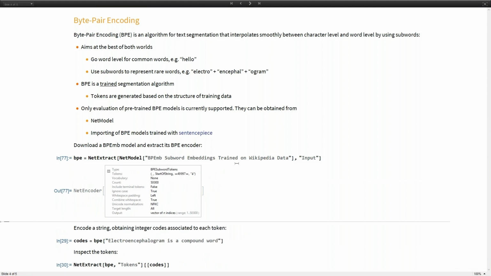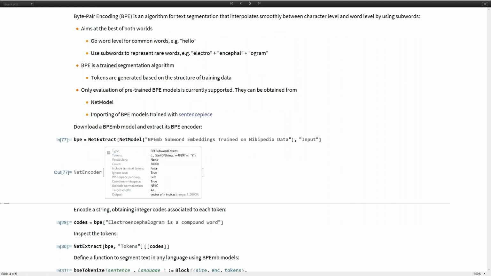So if we feed this string, we get out the codes, and each of these codes refers to a token, word or subword, and we can extract the entire set of tokens from the encoder, and see which tokens these codes correspond to. And this is the way it segmented this sentence.